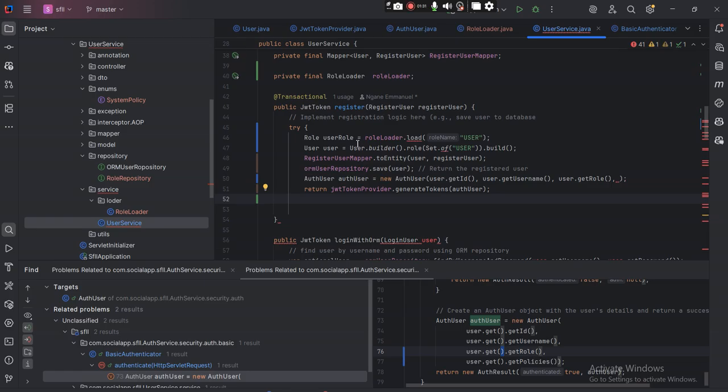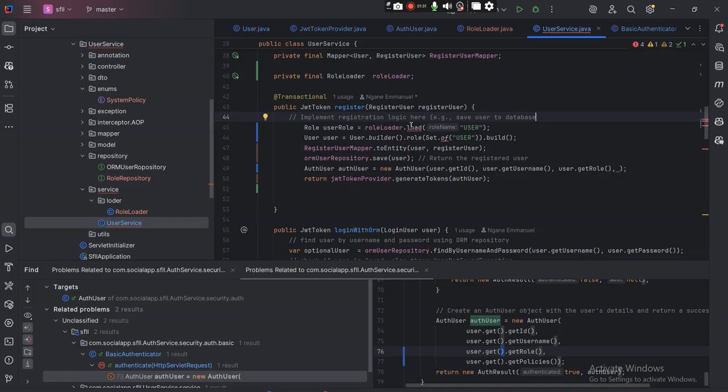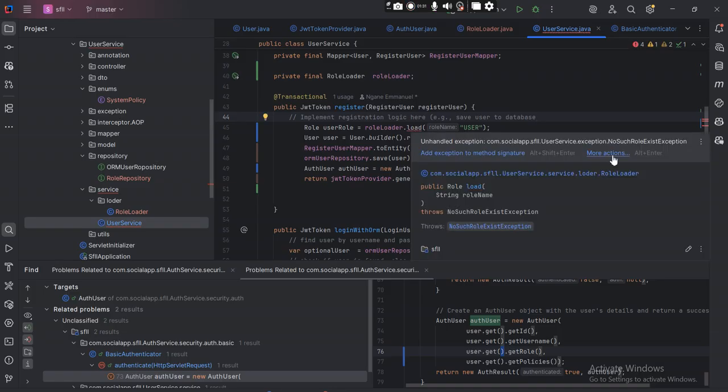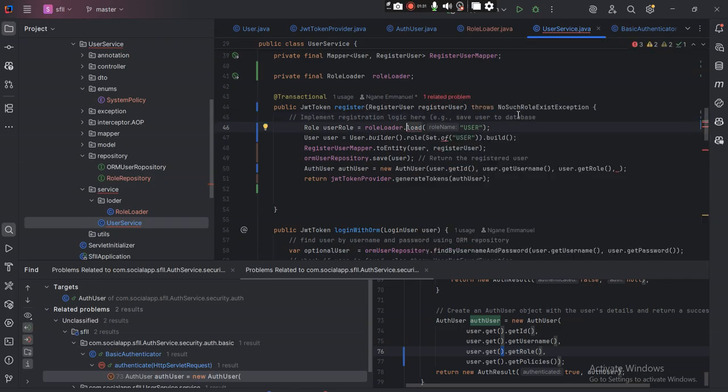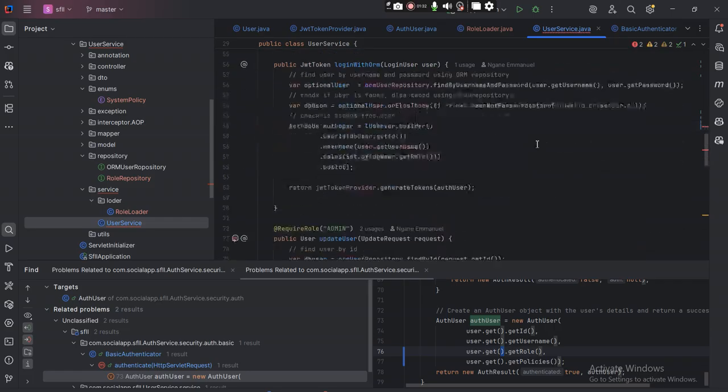So we load the user row. Now, do we have to put it in a try and catch block again? Because when we catch this without handling the exception there, yeah, add it to the method signature. There we go. So there was no such. Okay, so that was the main problem. And so right here we are just going to put user row. Yeah, and that takes away that particular error